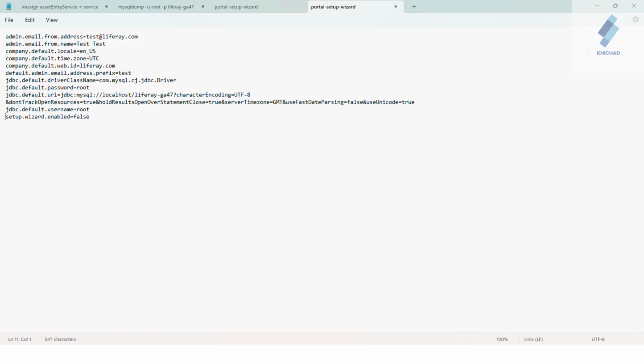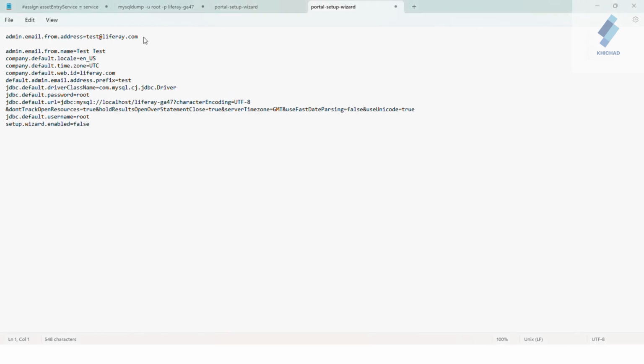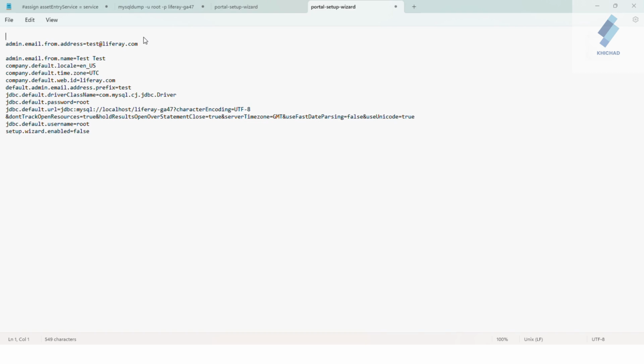So I'm adding the property and pasting it from here. This property is for upgrading the Liferay server from the older to the new version.